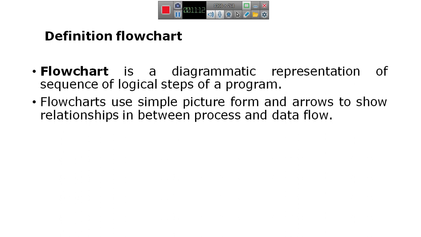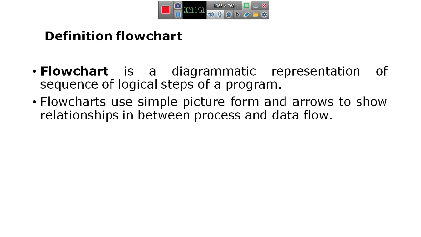By drawing those symbols based on the step, if you want to write an input step, then we have to take the input symbol. If you want to write a process step, you have to take the process symbol.